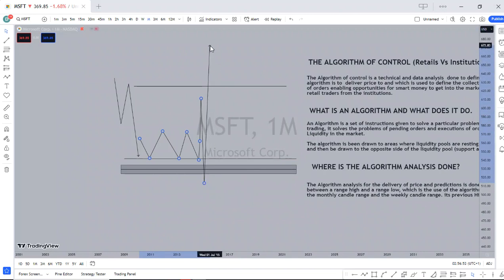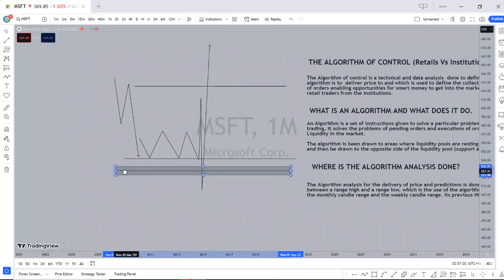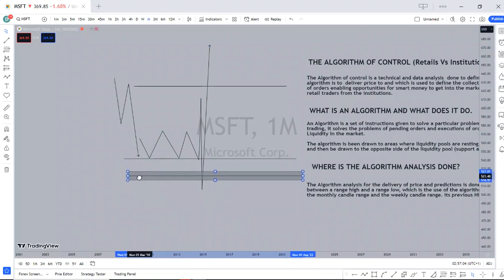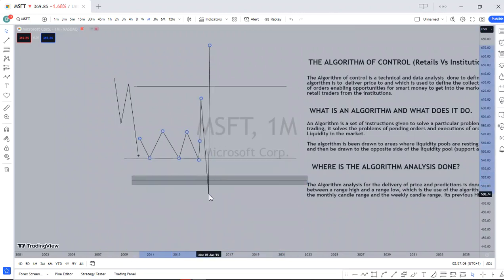The area of resistance. Now on the other side, understanding the concept of buying and selling, if there's someone that bought from those people that are trying to sell right here, what do you think they'll have to do? They are looking for who? Buyers that they could sell to. That is why sometimes when price gets to the area of resistance, all right, it starts to sell off. So someone that bought right here is selling off their profit right here. They made money, all right, they made profit.